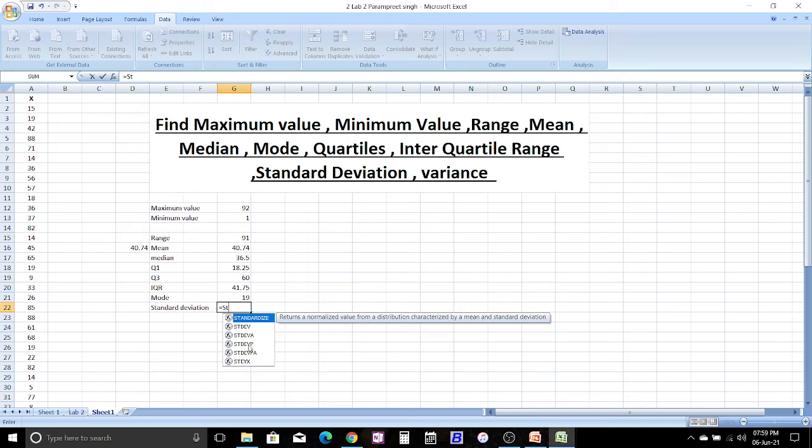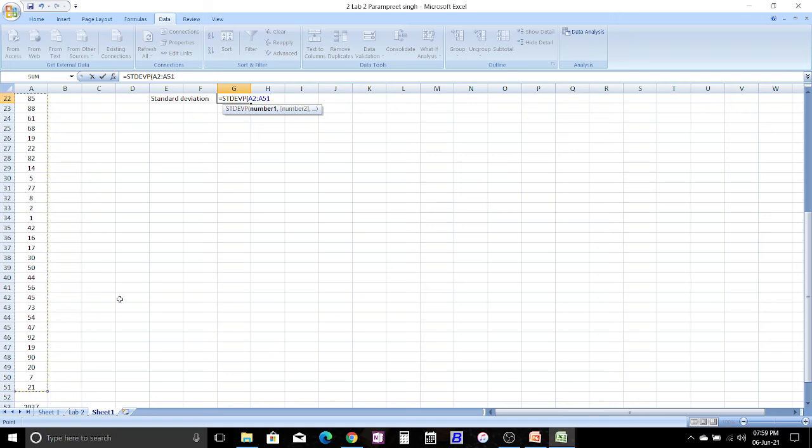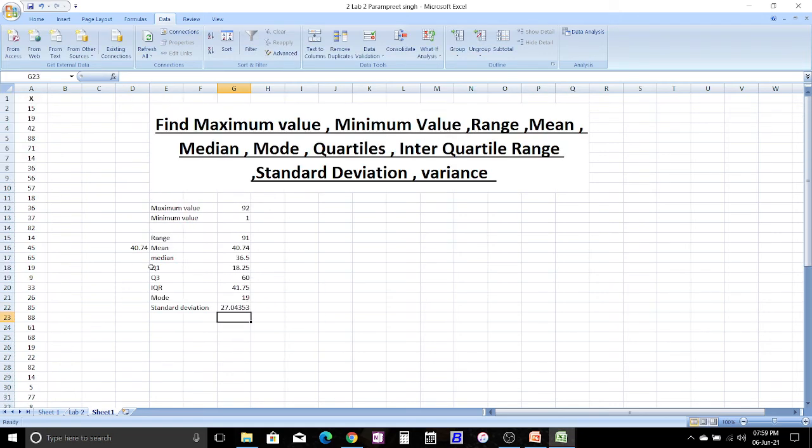Standard deviation of the population you can calculate with STDEV.P, that is the population calculation, from the A2 cell to the A51 cell, and enter. We have 27.04,